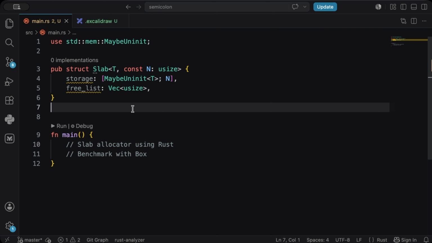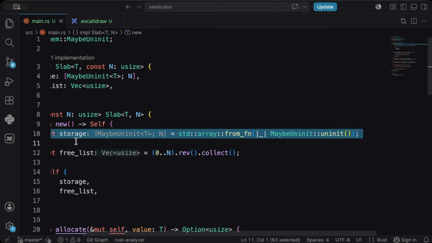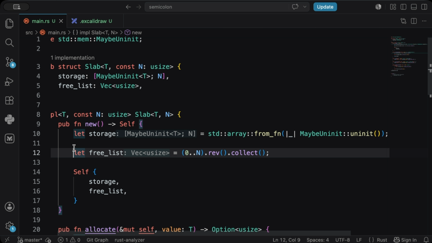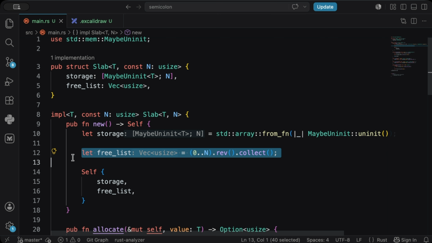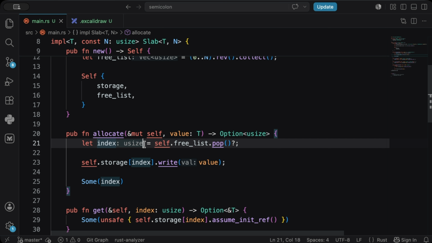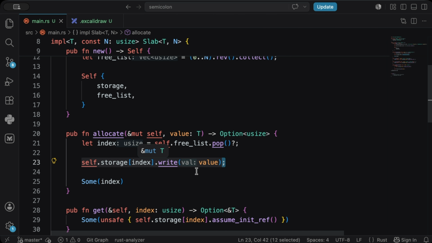So instead of allocating on heap per object, we just reuse pre-allocated slots more efficiently. First of all, we have new right here, and we have the storage, which basically creates uninitialized slots, and then a free list, which tracks the free indices, but we are using it like a stack. Next up, we have allocate, and first of all, we pop a free index, which is an O(1) operation. And once we get the index, we write the value onto the uninitialized slot and then return